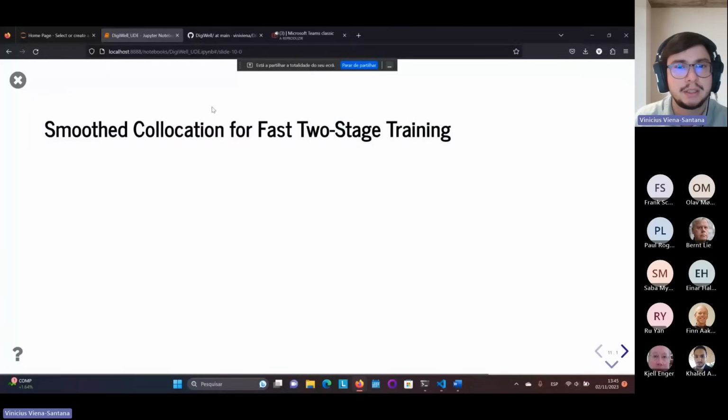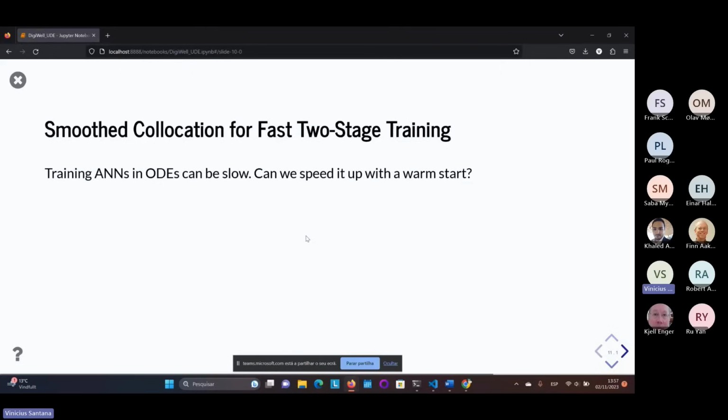So let's move forward. I have shown you that I can train my UDE model for this two-dimensional ODE problem in about 3 minutes. If you put neural networks, especially ones with many layers, inside big ODEs, then the training process can be slow. We saw a very small neural network inside a very small ODE, so that's why it ran in about 3 minutes. So one of the questions we can ask ourselves is, can we speed up the training by warming up the parameters of the neural network? And the answer is yes.